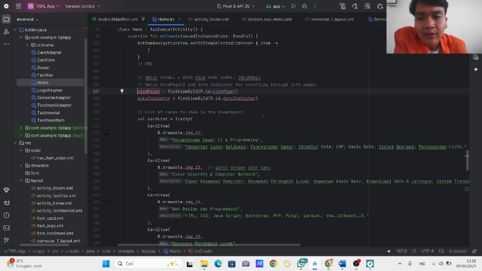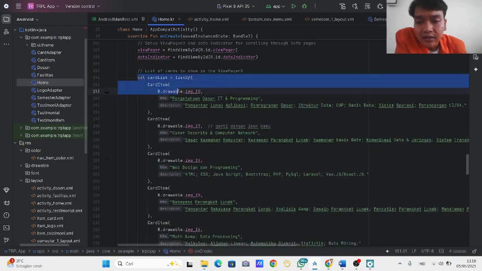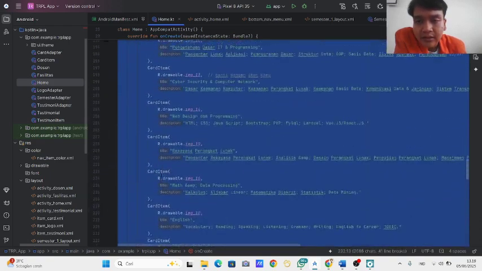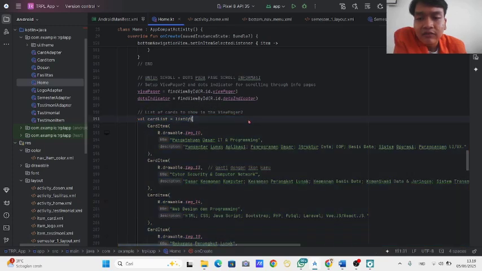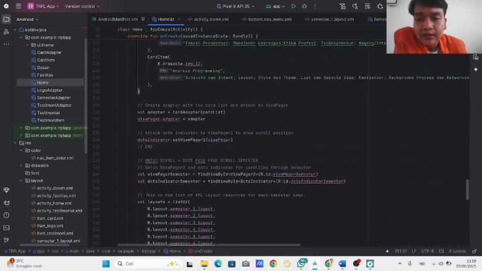Okay, now set up view pager 2 and dots indicator for scrolling through the info page. This is the code for the list of cards to show in the view pager. This code creates the adapter with the card list and attaches it to view pager, and this attaches the dots indicator to view pager to show the scroll position.